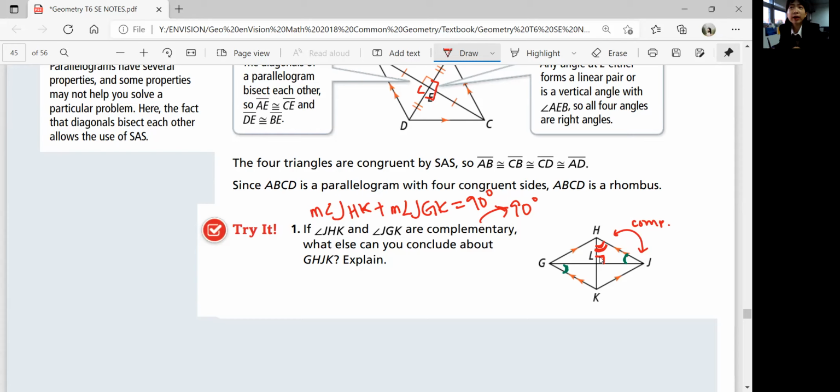And a triangle has a total sum of 180 for the interior angles. So this last angle must be 90 degrees. Right? So the diagonals are perpendicular because all right triangles here are congruent by